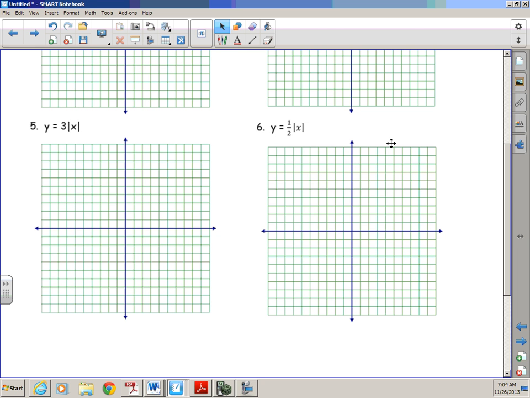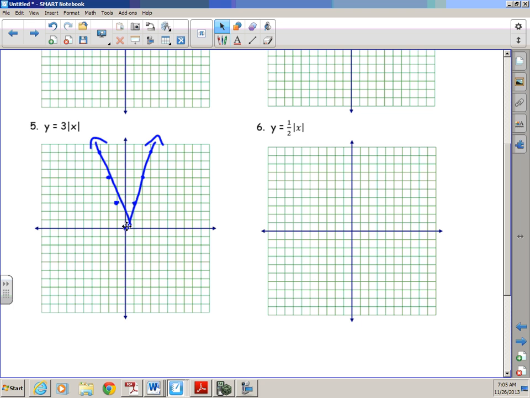graph has contracted, okay? And so the points I'm going to graph are 0, 0 is my vertex still. When I'm at 1, I'm at 3. When I'm at -1, I'm at 3. There's my symmetry. When I'm at 2, I'm at 6. And when I'm at 3, I'm at 9. And -3, I'm at 9. So what you'll see is your figure, and it's not a very good drawing,